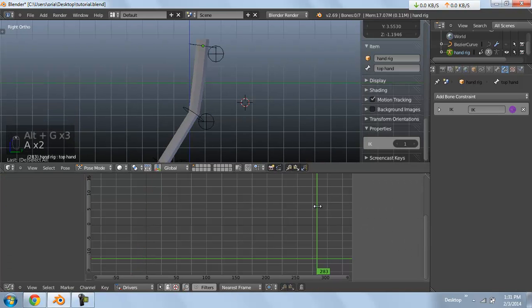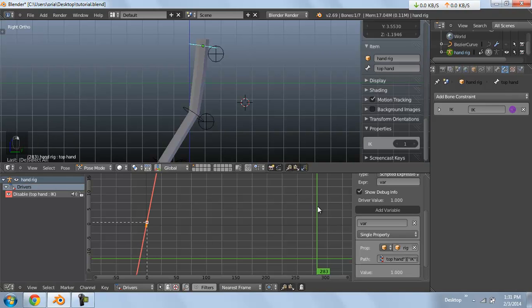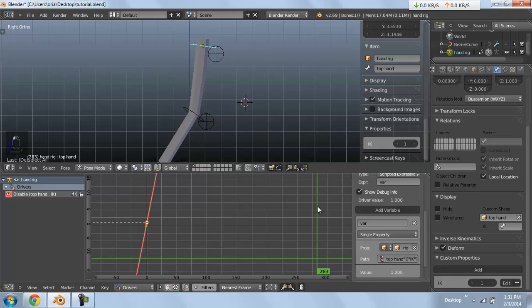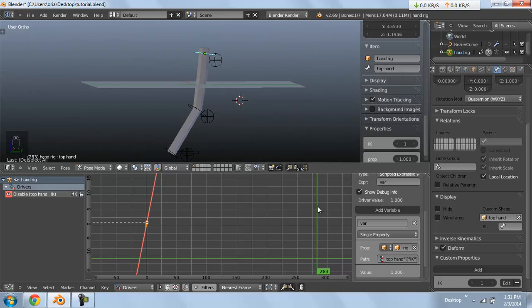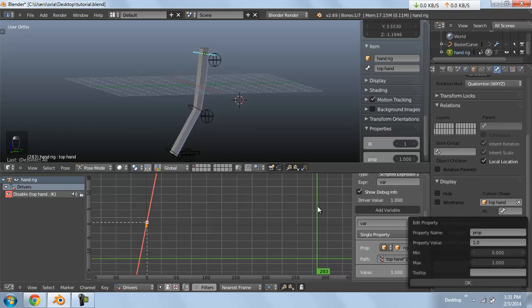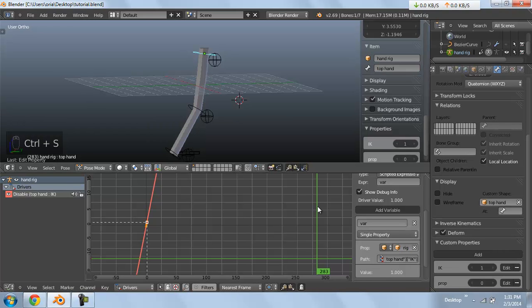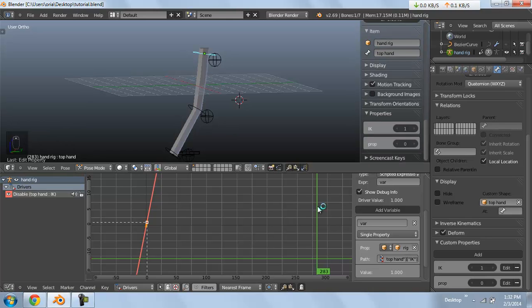Okay, so let's do the one for the spline IK. Same thing. We'll create a custom property, and you should also know you can create an object in the scene and use the same way to drive it. But I'm going to use this for now. So change this to spline IK, and it's 1. Let's change this to 0. Same thing we did. Select this